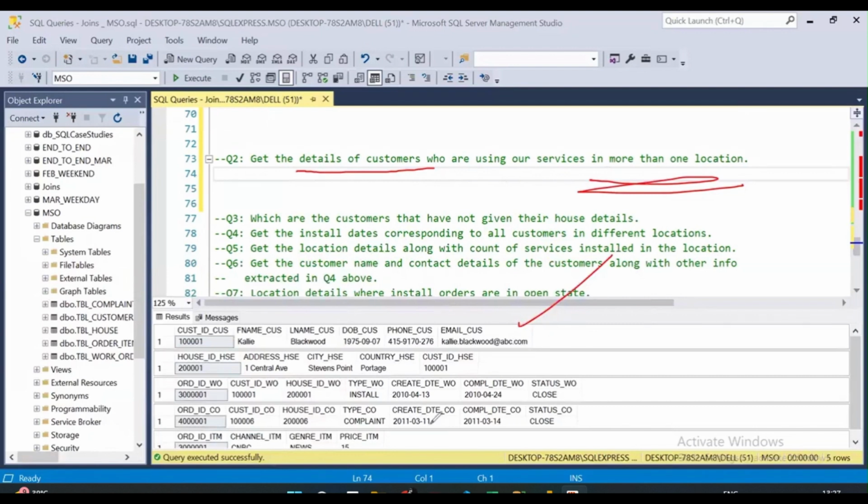Okay? So if I talk about the complaint table, I don't require this table because अगर service install ही नहीं हुई है, see, if the service is not installed, how will you complain about it? Right? So I just want to know the customer's services in more than one location. कैसे पता चलेगा? Which two tables will I need? I need the work order table and the customer table. I have the customer ID over here on the basis of which I can do the join. ठीक है? So I will say select star from